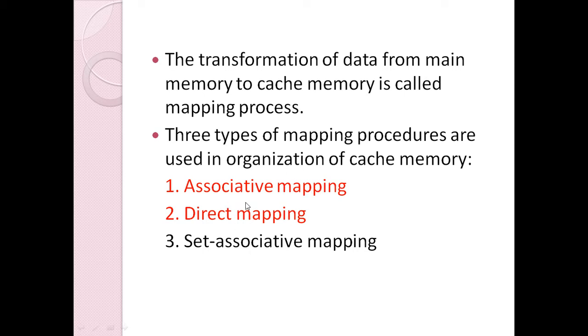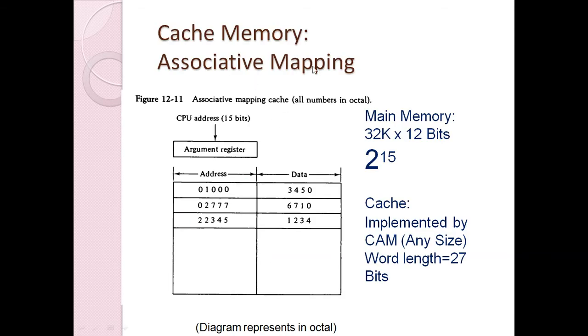So there are three types of address mapping: associative mapping, direct mapping, and set associative mapping. We will take associative mapping and direct mapping in this video, and we'll discuss set associative mapping in an upcoming video. So first I take associative mapping. We are designing a cache memory which is smaller, and we want address mapping. That means if I transfer some data of main memory into cache memory, then I must know somehow at what location of cache what data of main memory is stored. That is what mapping is.